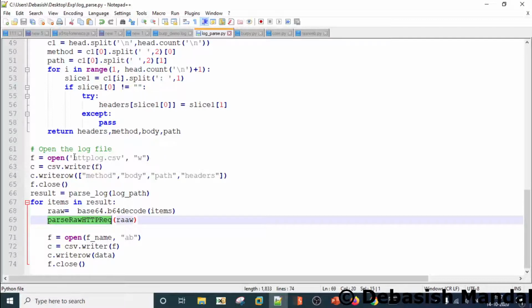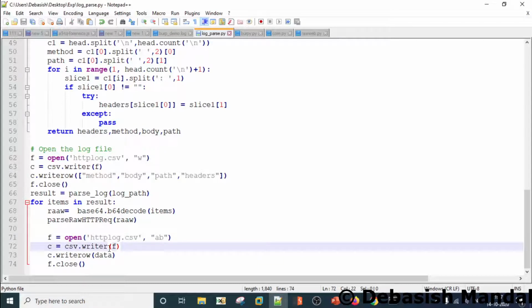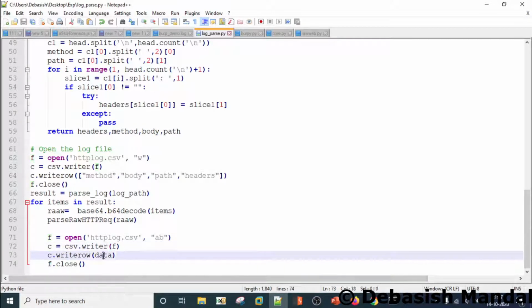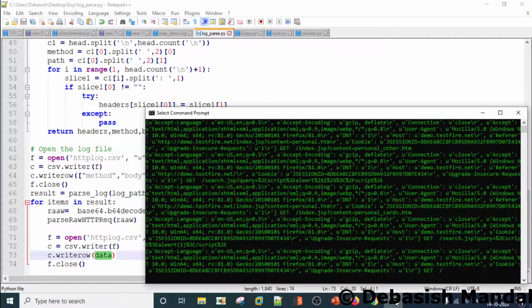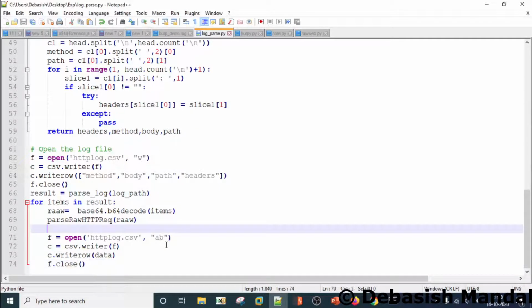This is the HTTP log that you are going to write. We are going to append it. This is the file, and data is going to be our, this has to be the list. So data is equal to